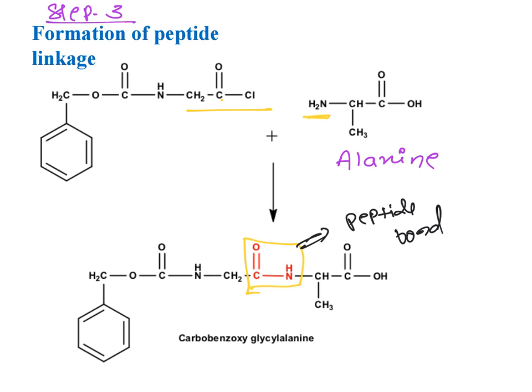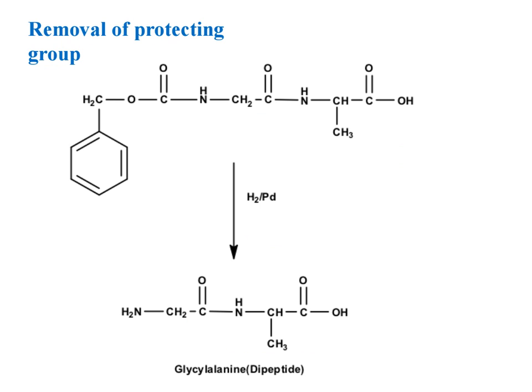Now if you see clearly, this part is glycine and this part is alanine, which has formed a dipeptide. And which group is extra here? This is the group which we initially attached to the amine. That group is extra, and we call this carbobenzoxyglycyl alanine. So it is basically the dipeptide glycyl alanine with a protecting group which is extra. Now our purpose is completed: glycyl alanine we made. After completion of this, we have to deprotect this.